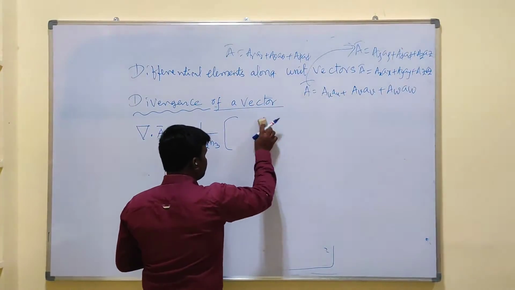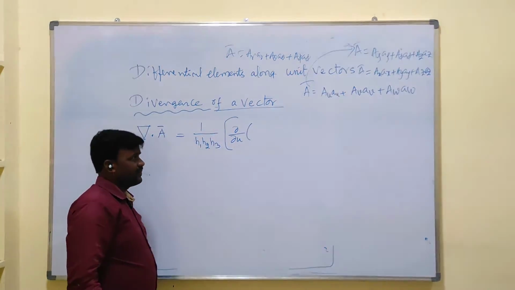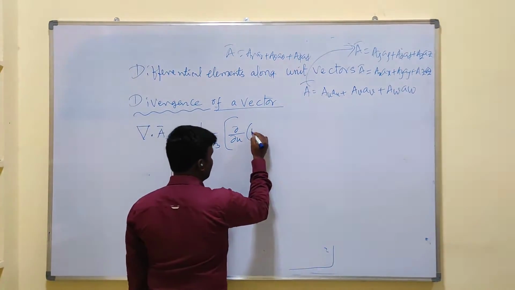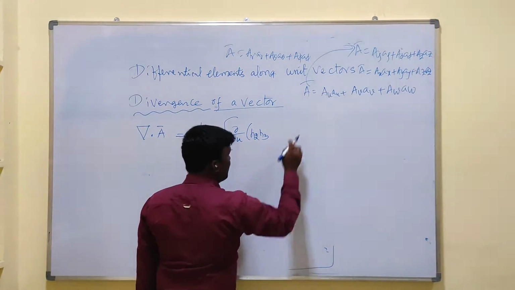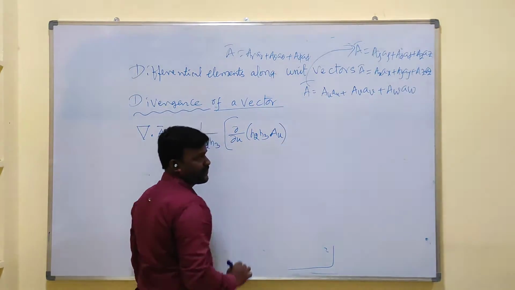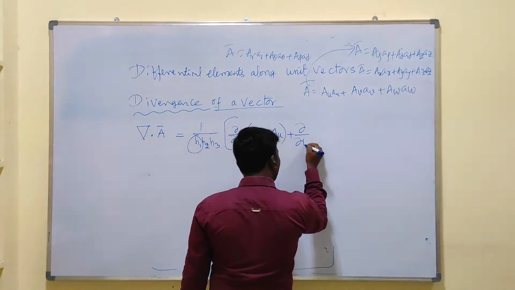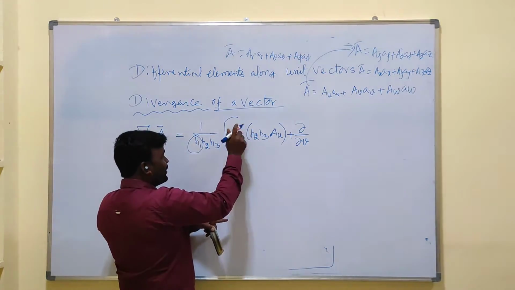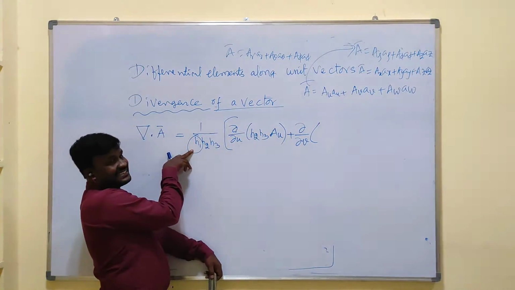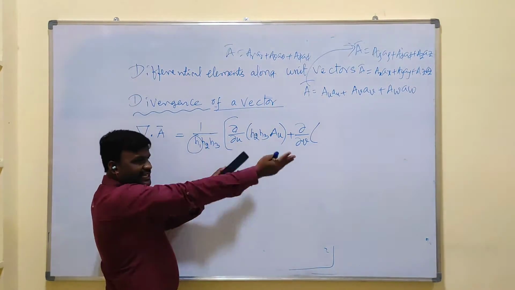Now move on to our generalized formula, that is ∂/∂u. It is the first one. First one means don't take this h1, only consider the remaining, that is h2, h3, into the magnitude of the given vector along the u direction, which is Au. And similarly for the second element: for the first element we have ∂/∂u, for the second it should be ∂/∂v. For the first, I didn't consider h1. Now as it is second, remove h2 and take the multiplication of the remaining two.